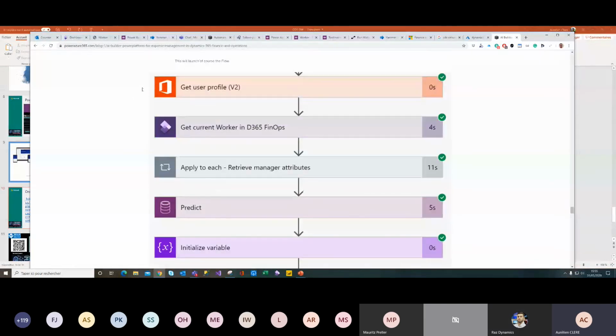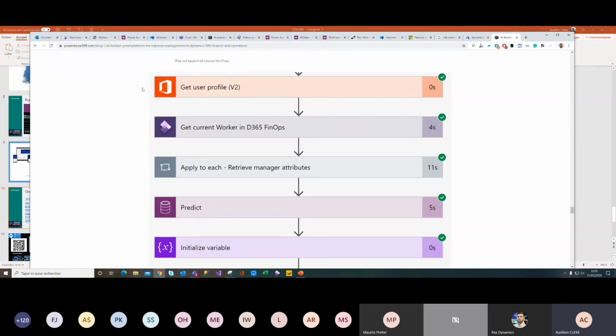And of course, if you don't want to go with AI Builder, you can just quickly build a Power Automate flow that you share with your end user with all the necessary fields you want, like the transaction amount, the transaction date, whether it's a restaurant or a hotel.